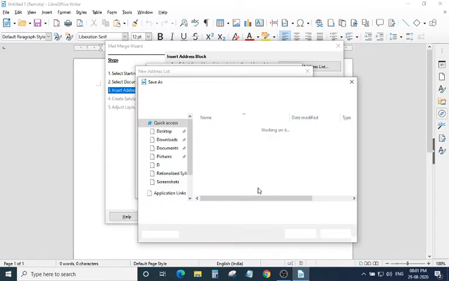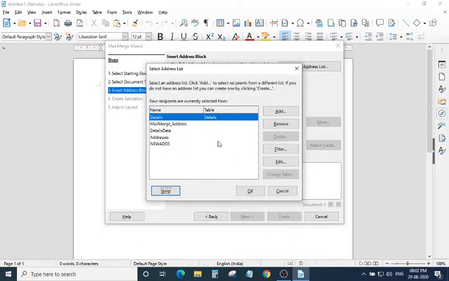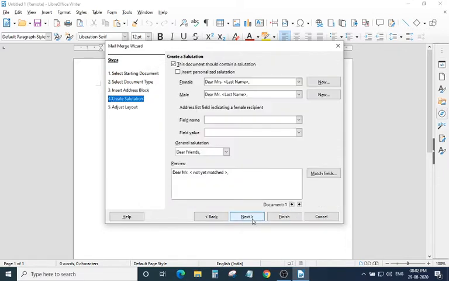Then I will save this file on my desktop. I will save this file as details. Then click on save. It will save details. Then I will click on OK. Then I will click on next.